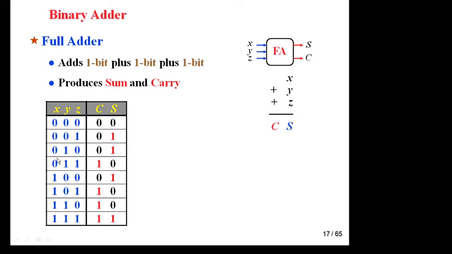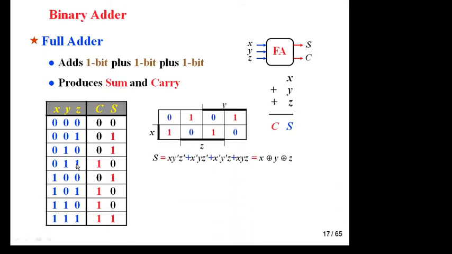Okay, otherwise you can solve by using Boolean logic and theorems. Okay, now you have determined input and output, and you have drawn the truth table. Now with the help of this truth table you have to determine the value of outputs, sum and carry. This is your sum: 0 0 1 is x' y' z, similarly x' y z', similarly x y' z', and this 1 1 1 is x y z.